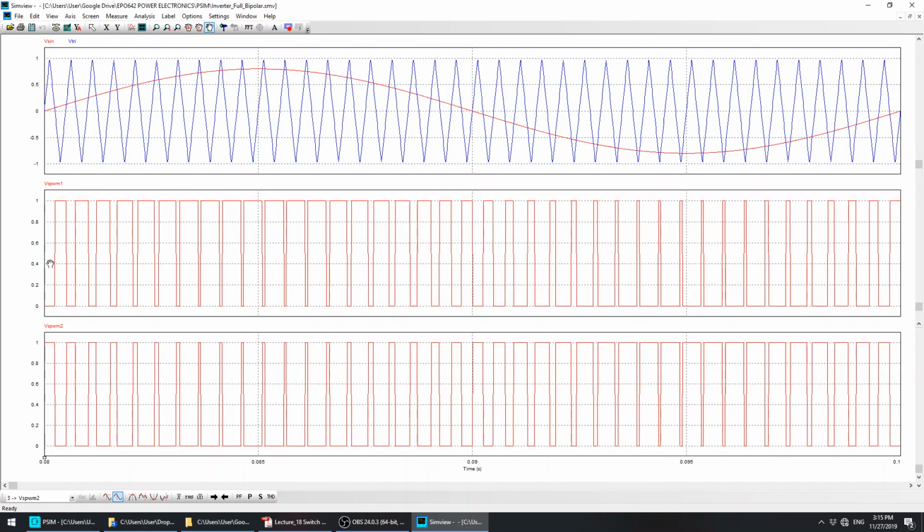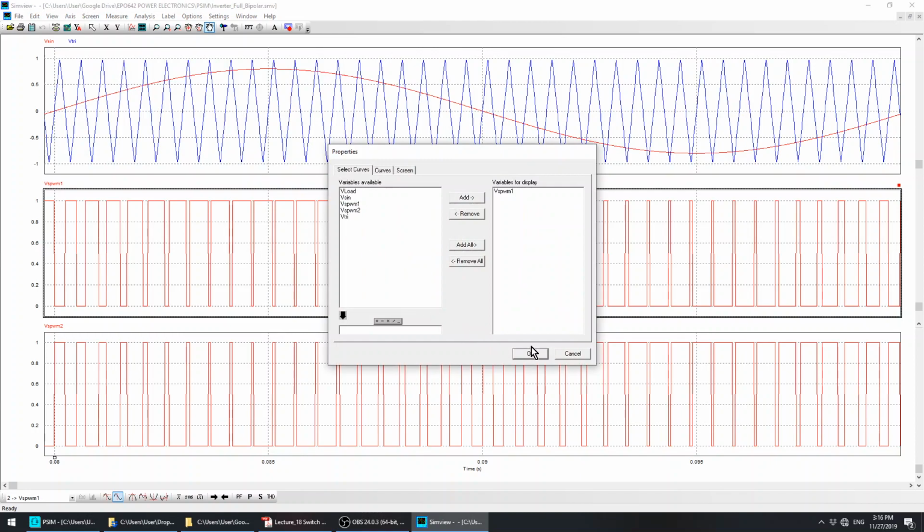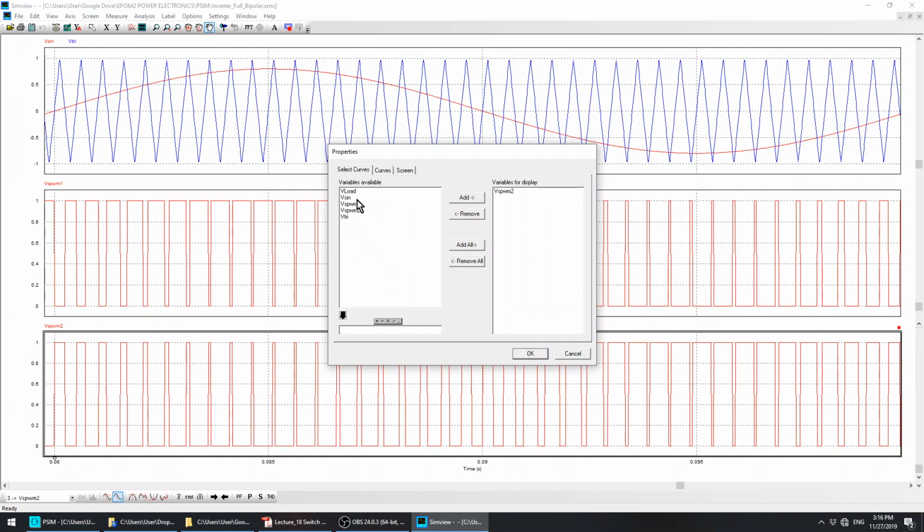So whenever this is off, SPWM2 will be on. So it's opposite, and therefore if you look at the output voltage now,